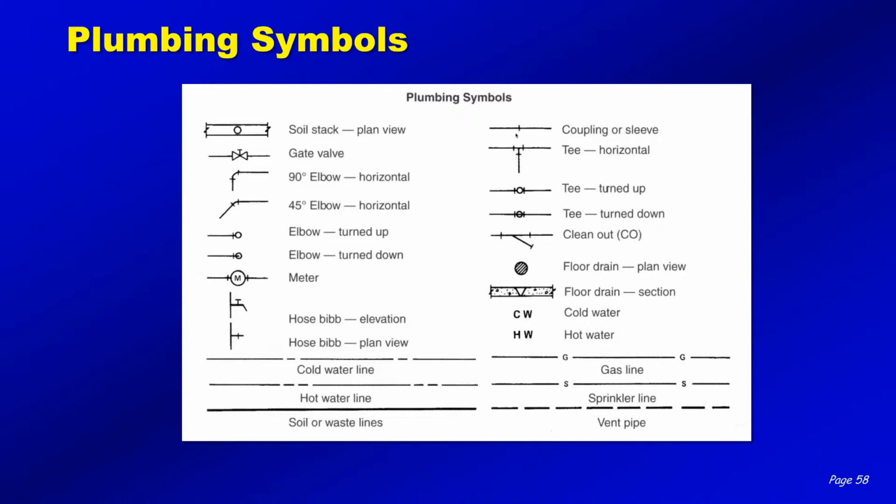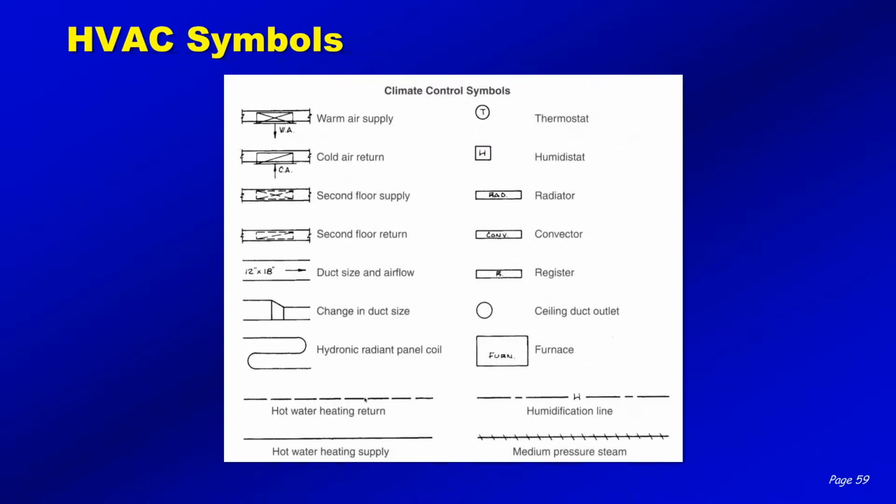that you're looking at. Notice down here they have a long line and two dashes, a long line and two dashes, and here that means a hot water line. And what did I tell you that meant earlier? That meant a property line on a survey plan. HVAC type stuff,